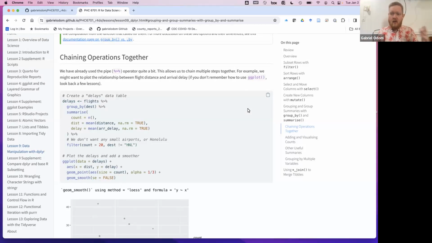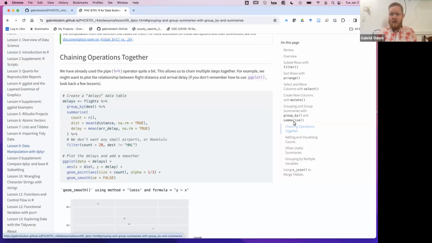Throughout these videos, we've talked about filtering and getting down to certain rows that you care about. We've talked about arranging, and that's reordering rows based on some criteria. We've talked about selecting, which is looking at columns and either pulling out columns that we're interested in or discarding columns we no longer want, or rearranging columns, renaming columns. And then drilling down to the subgroups of the data set